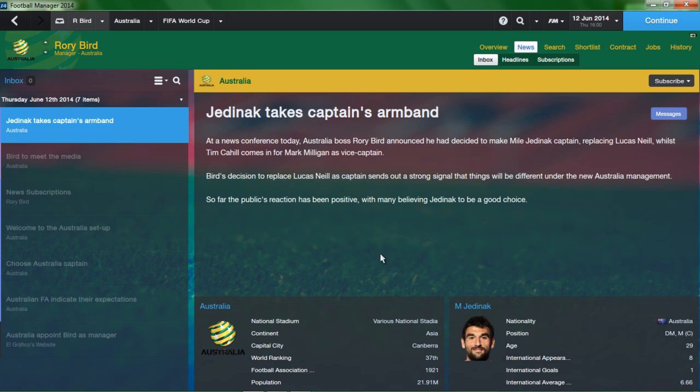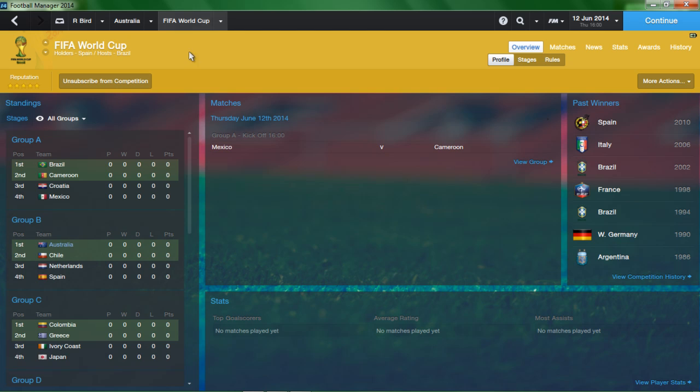and at first it had all the actual groups of the group stages for each team. As you can see, it's all the natural groups. Unfortunately, the fixtures aren't all there, but that's how it is. It's the actual World Cup. So I said, you know what, I'm going to give this a go with my host nation Australia, and see what I can do.